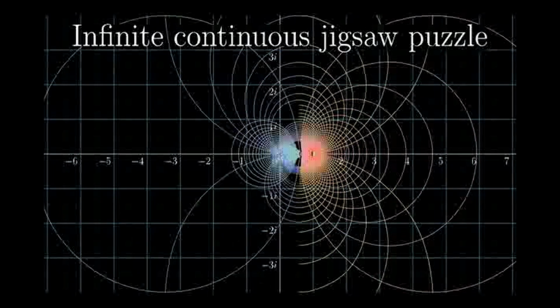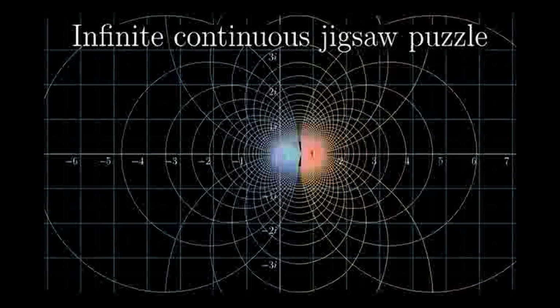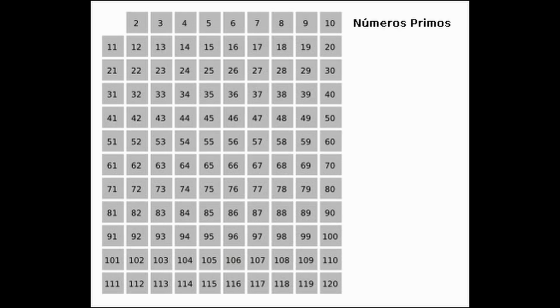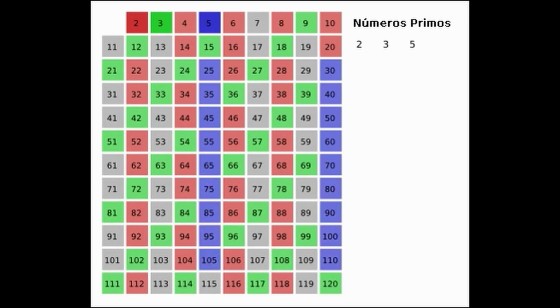Basic statement: the central limit theorem states that when you have a sufficiently large sample size, the distribution of sample means approximates a normal distribution, regardless of the underlying population distribution. Key components: A. Sample mean, the average of a sample drawn from a population. B. Sampling distribution, the distribution of sample means across many samples of the same size. C. Population distribution, the original distribution from which samples are drawn.